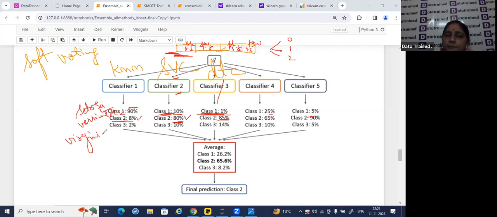What about the Virginica? KNN is saying 2% it is Virginica. SVC is saying 10% is Virginica, 14% is Virginica. Now what will happen? The soft voting will be making the mean of the entire